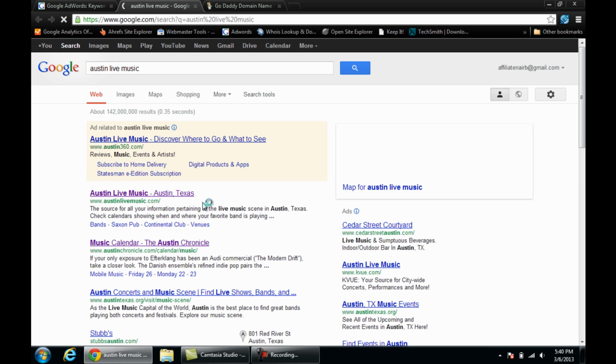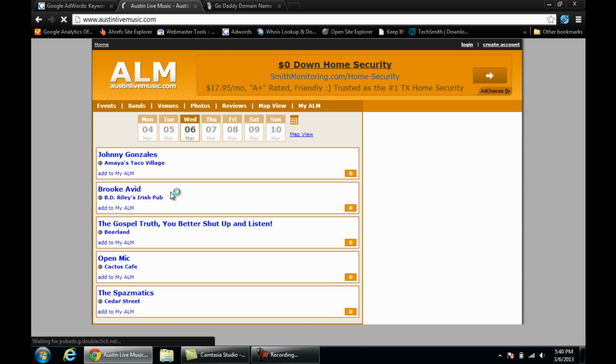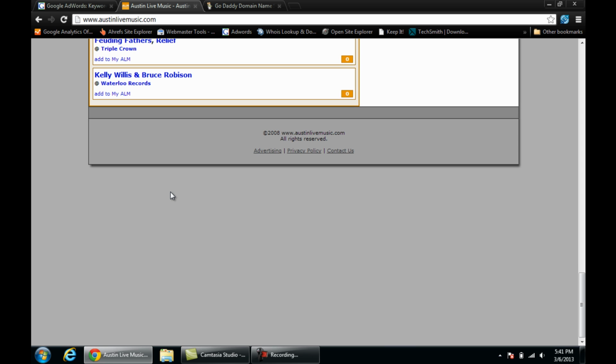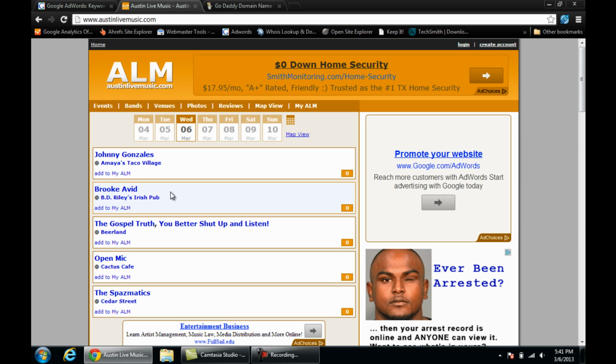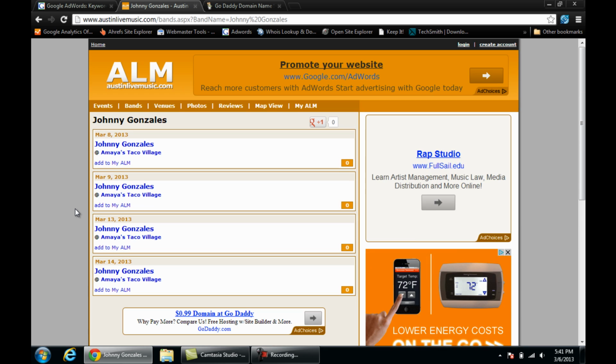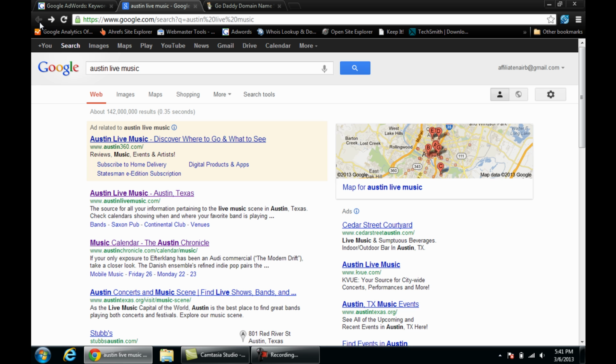So let's go take a look and see what we got competing with. So we got AustinLiveMusic.com, which appears to be a calendar of sorts. Johnny Gonzalez. Let's just go in and take a peek at what's going on. So this is where Johnny Gonzalez is playing, and I don't think we get too much more than that. It looks like you can just go and stick anything you want to in here, and by date it just keeps it linked. We'll talk about how to judge your competition later, but I don't think I'd probably compete in this range,